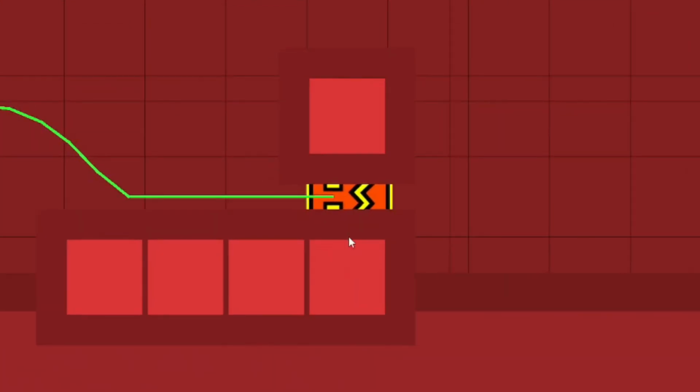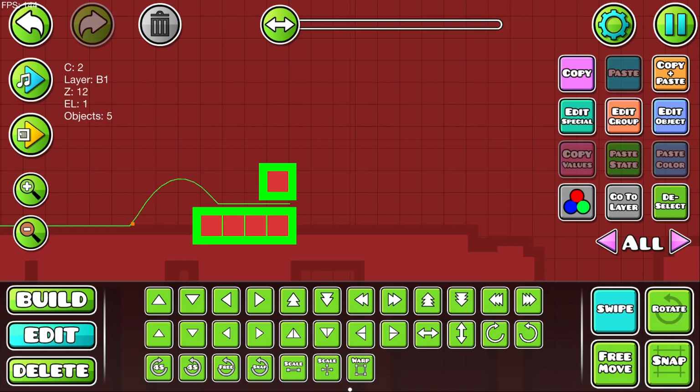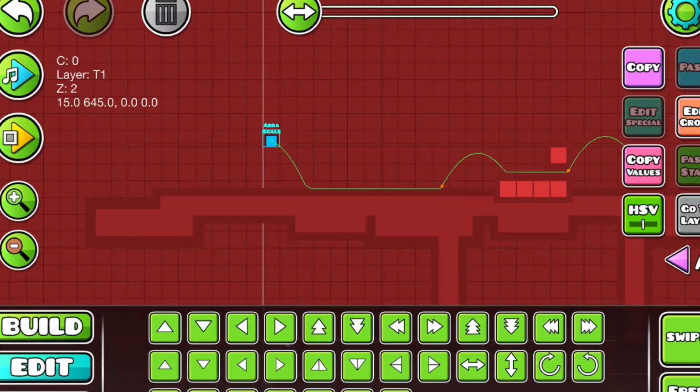Okay, now I don't like how these layers are going over the top of the player. We're gonna put them at the top of B1 to stop this. Anything on T1 will go over the top of the player. Yeah, this works. Let's give these a group of their own, number 8, which can have their own area scale,